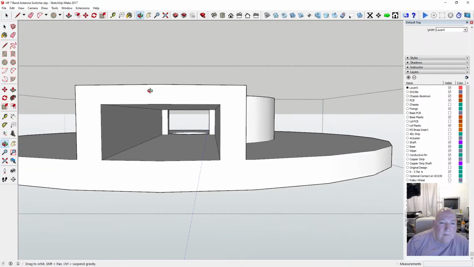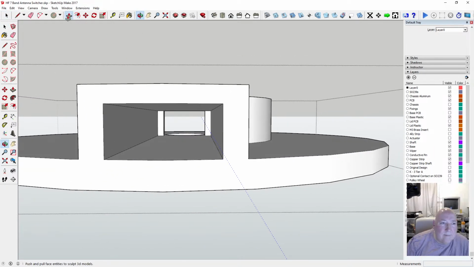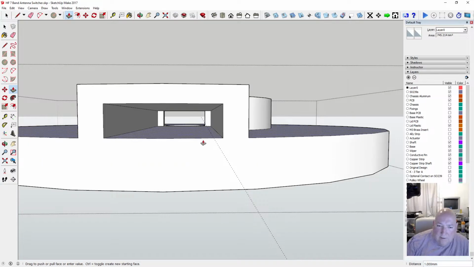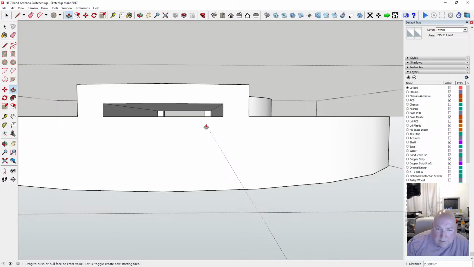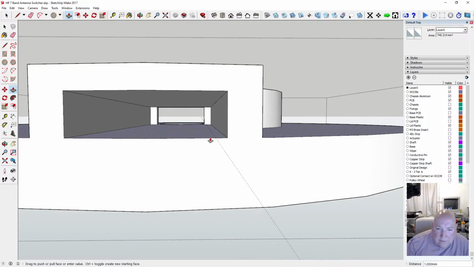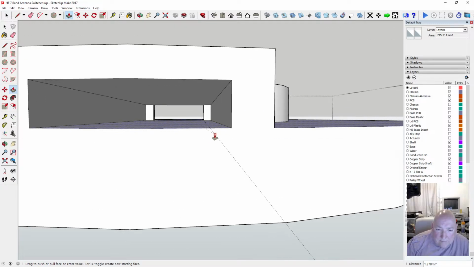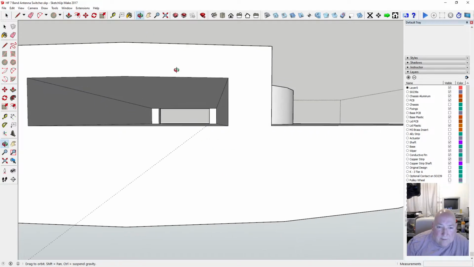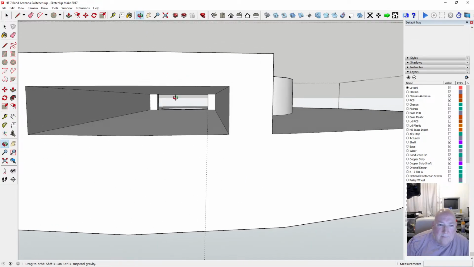Bring the floor up to there. If it'll let me, yeah, it should do. Just tell it it's got to go up. How do I reference that? Is that enough? Yeah, that's it.